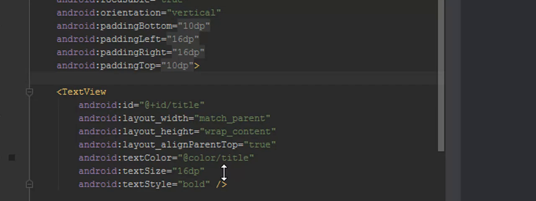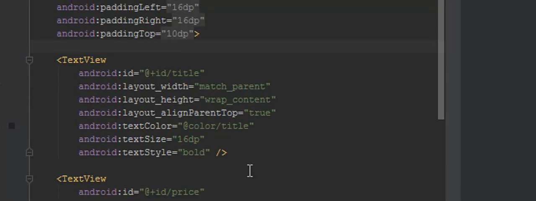Essentially, for example, in this text view you can see that there is an opening tag and a closing tag as well. So there are different attributes and those attributes are assigned different values. So based on those values we come up with the structure of the app,